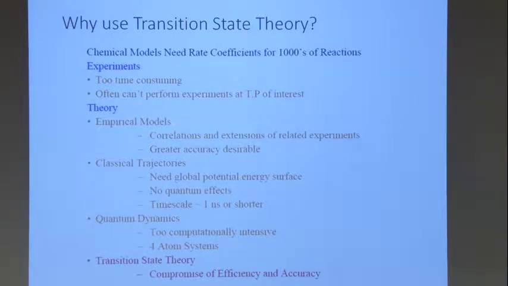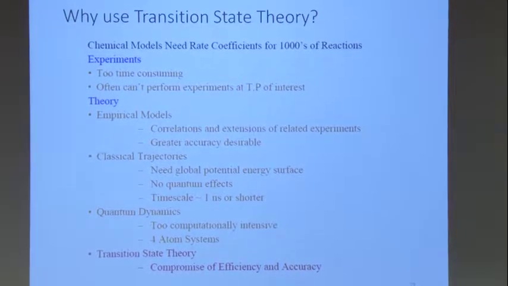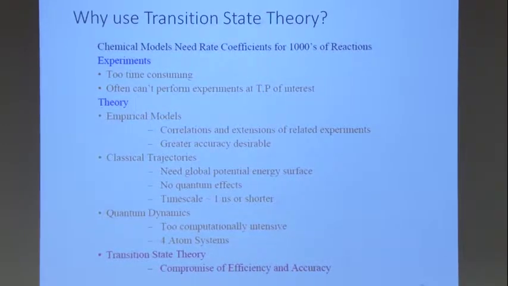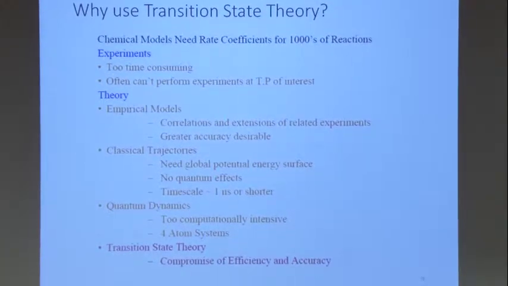Theory, you can do a lot with empirical models, correlations, and extrapolations from known information. And in fact, that's what most of the kinetic models that you will be using, a lot of the numbers are derived that way. But it's risky. You're extrapolating with no data, no calculation even. All you're just saying is, I think this reaction is a lot like that reaction. Let's use the same numbers. That's all you do, right? And so that's a risky thing to do.